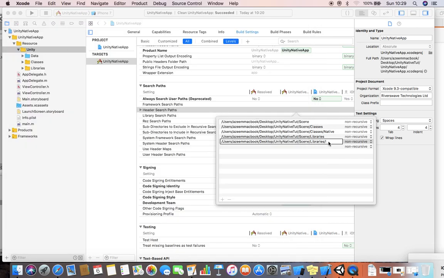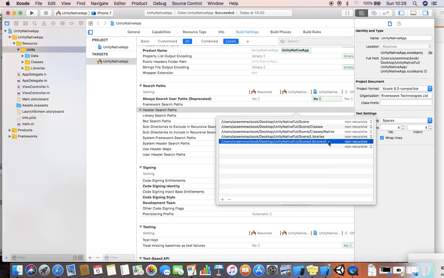So I'm going to do that here, slash include, copy that. I'm going to add one more guy here. Inside of libil2cpp I'm going to add